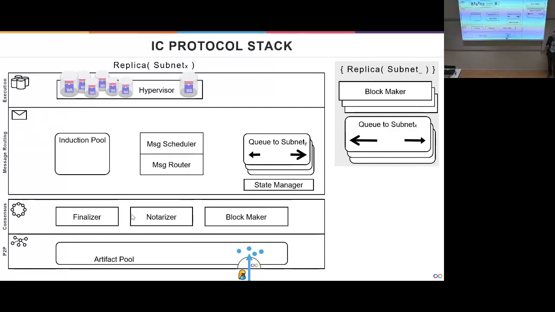So block making means block making by one of the replicas, or multiple if there's dishonest behavior. In the ideal case we have only one. Let's now look at this one. We have a block maker that pulls ingress messages into a block, and it also pulls messages from other subnets. That's exactly the cross-subnet communication that I've talked about. And then it proposes a block by putting it into the artifact pool and having it broadcast to all the replicas of the subnet. And this proposal of a block is now picked up by every replica, acting as a